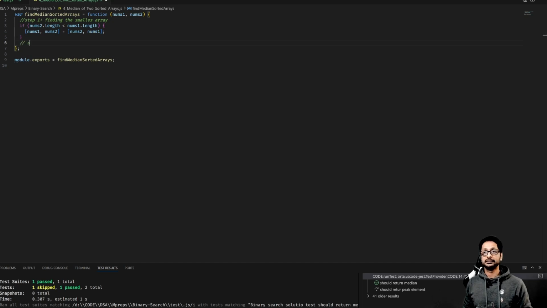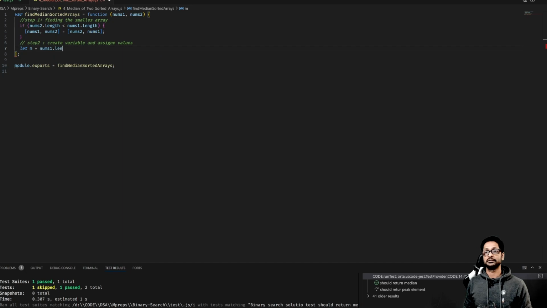Then step 2, let's create variables and assign values. So let m equal nums1.length, let n equal nums2.length,